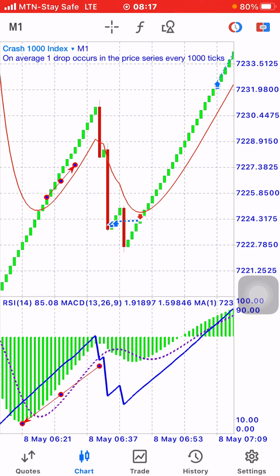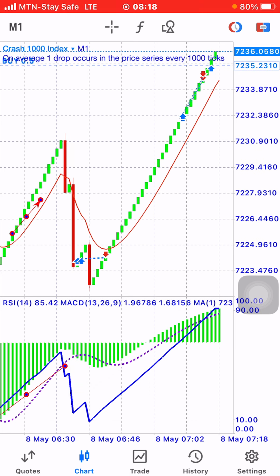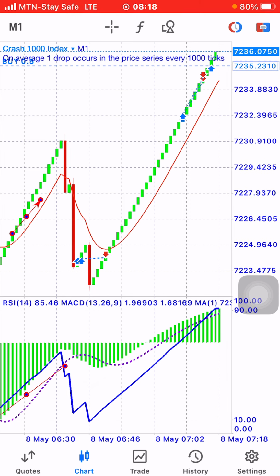need to be met, which is this purple line, this blue line must touch down, which is the 10th level, before you think of entering any market after a spike. So if those conditions are not met, you will not enter the market. You see, so when you look at this place now, for instance,